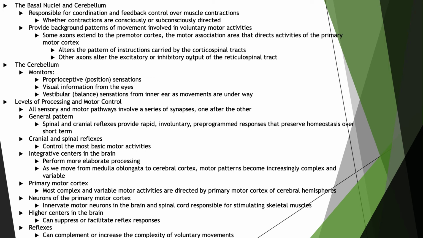Under normal conditions, the excitatory interneurons are kept inactive, and the axons leaving the basal nuclei have an inhibitory effect on upper motor neurons. In Parkinson's disease, the excitatory neurons become more active, leading to problems within the voluntary control